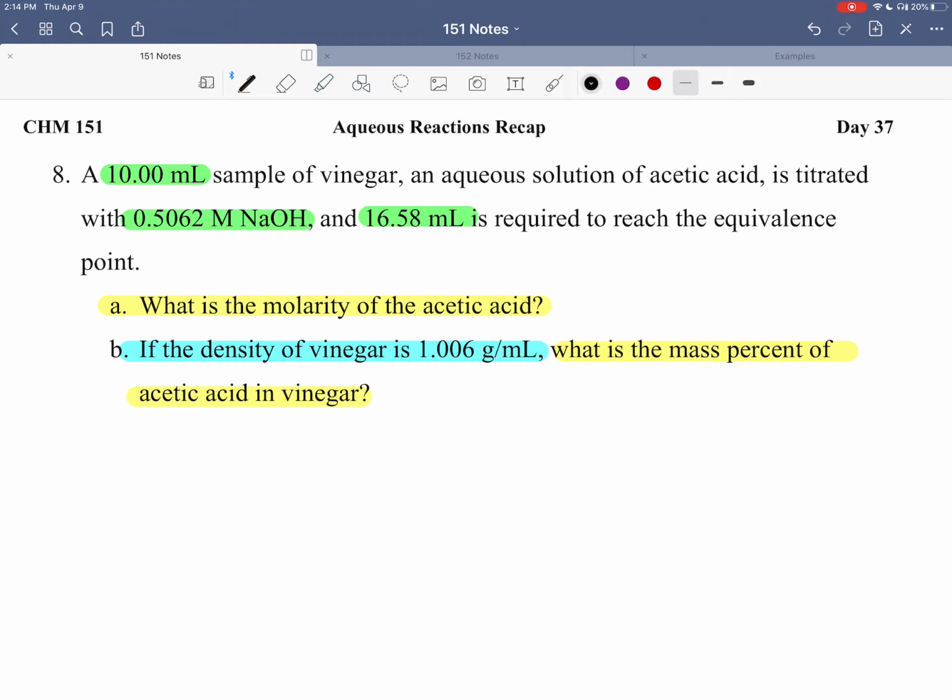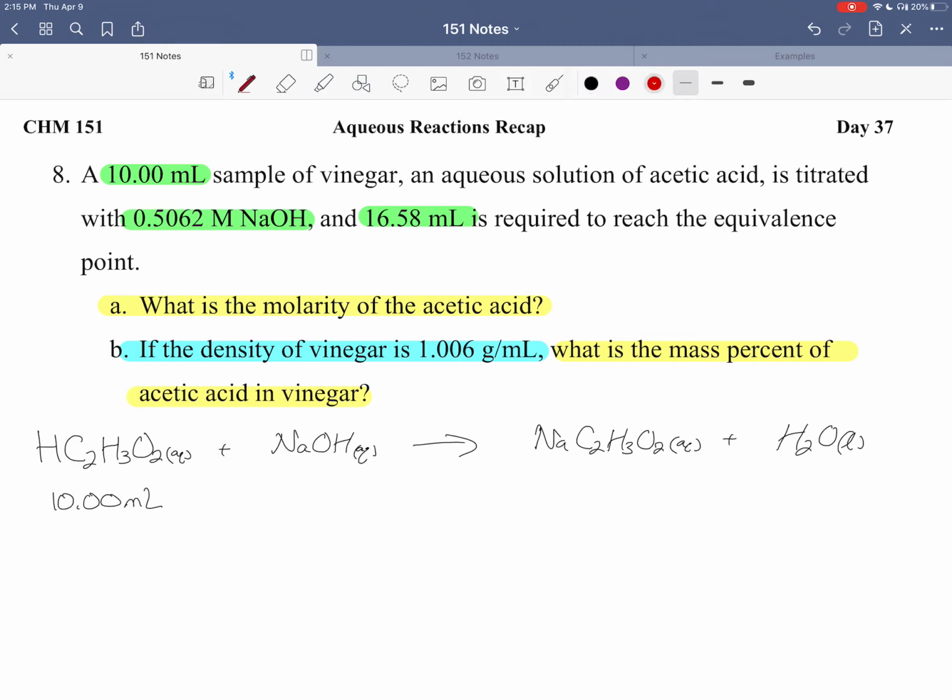is probably write out the balanced chemical equation. Acetic acid, HC2H3O2, plus NaOH, producing NaC2H3O2 and water. All right, acid, base, salt, water. All right, is it balanced? Yes, it's balanced. So we have 10.00